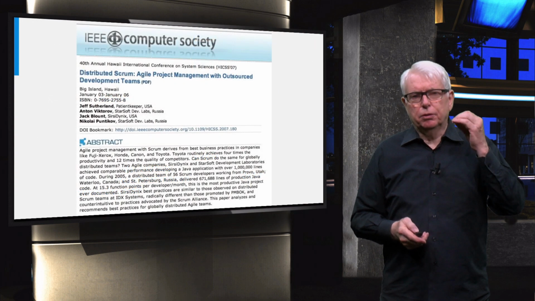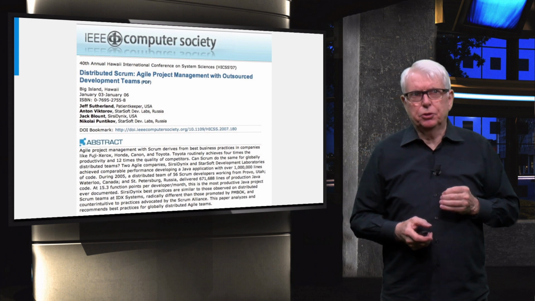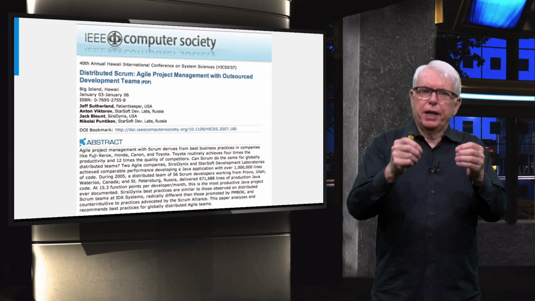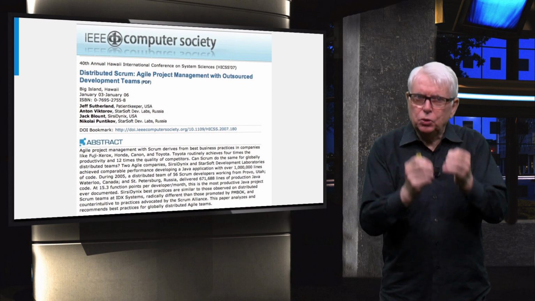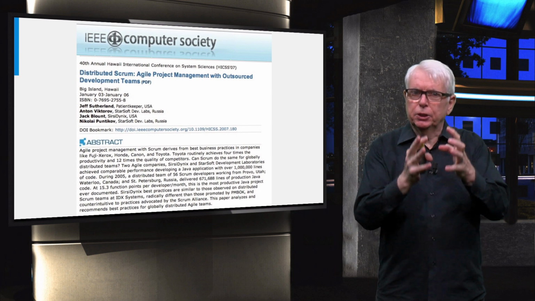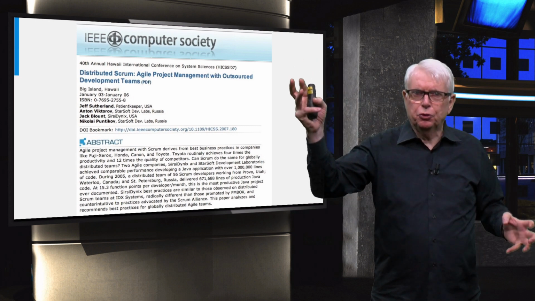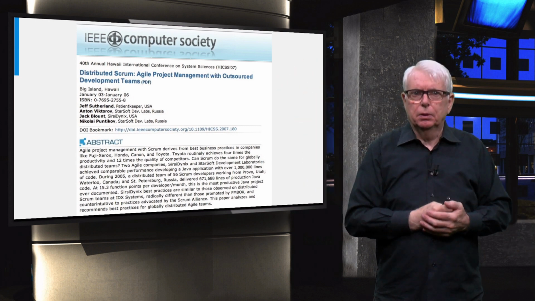So let's talk about the first distributed Scrum that actually worked, in the sense that they could take local velocity, a high-performing local team, and distribute that velocity and performance across the globe.